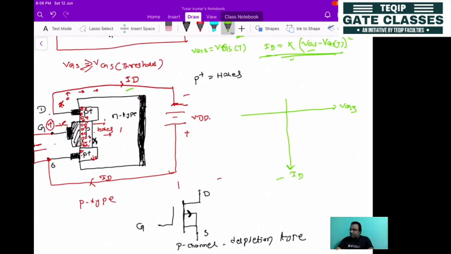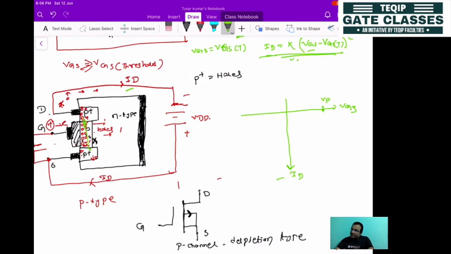For this one, the gate to source voltage will start from here, where the pinch off occurs. Here also the narrowing of the channel occurs at a certain gate to source voltage, and that is VP. VP is positive for this P type material, and from here the current increases in the reverse direction compared with the N channel. That's why it is shown negative. Actually, the current is not negative, but it has changed its direction from the N channel type MOSFET. So to differentiate the characteristics, it is represented like this.